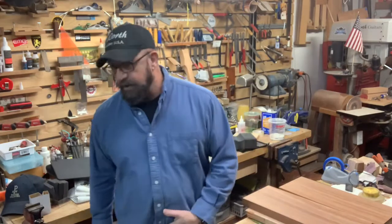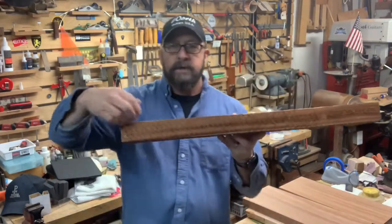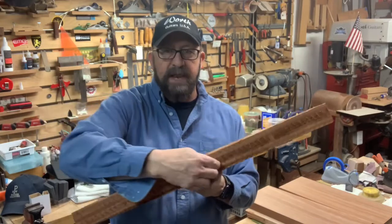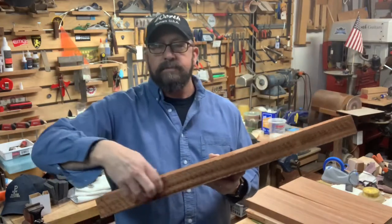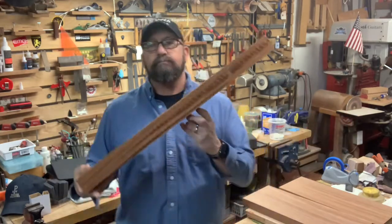And then I need to rough cut the neck so I can let the neck sit, and let's see what it's going to do. Take some of the tension off of this board. Remember, we got to take a big old scoop out of the back of this, because the headstock is in here and then the neck comes down, right? Well,